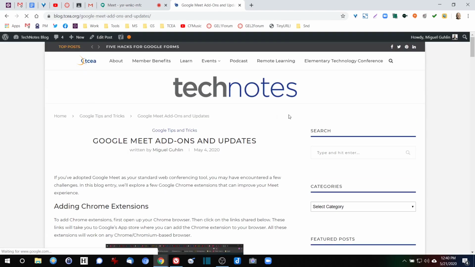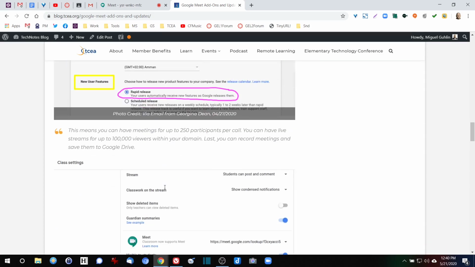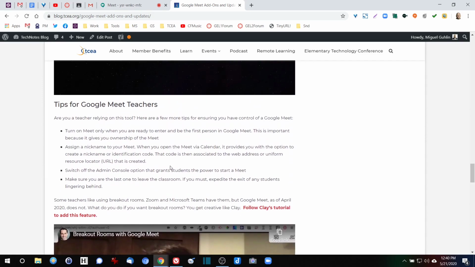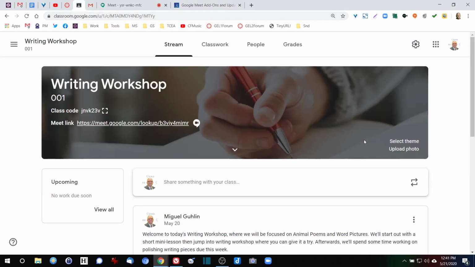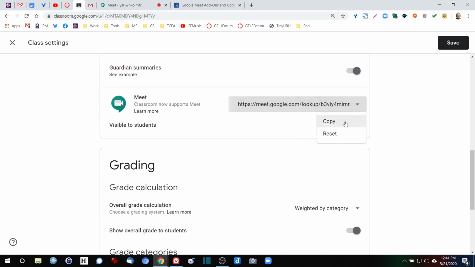Now, there's a lot of things to keep in mind when you're working with Google Meet, and I'm going to quickly pull up a blog entry I wrote about this some time ago. I talk a little bit about all the Chrome extensions, and there's even a few more. But if you're thinking about using Google Meet in the classroom, one of the things you really need to keep in mind is that you want to turn on Meet only when you're ready to enter and be the first person in a Google Meet. That's important because it gives you ownership of the Meet. So when you're talking about sharing the link to the Google Meet in your class, you may not want to make it available to your students. You may want to come into your settings and actually not let them see it. What you can do is copy it